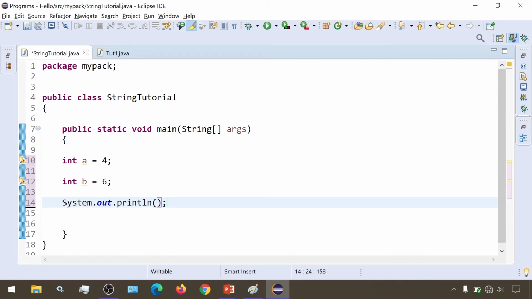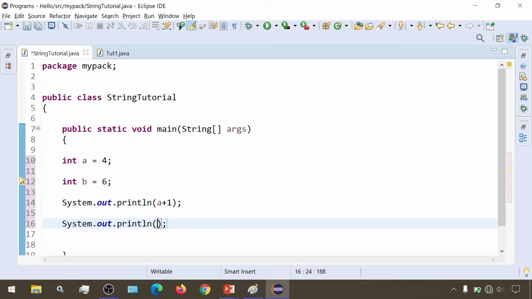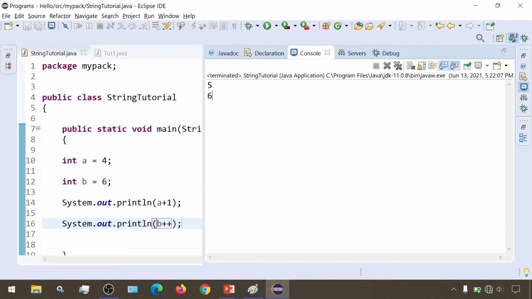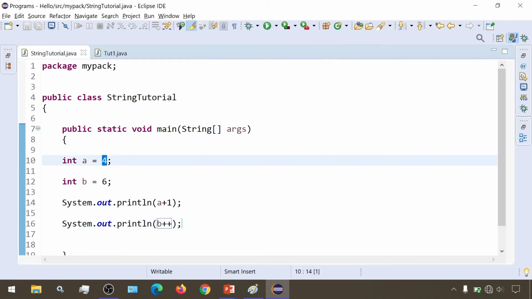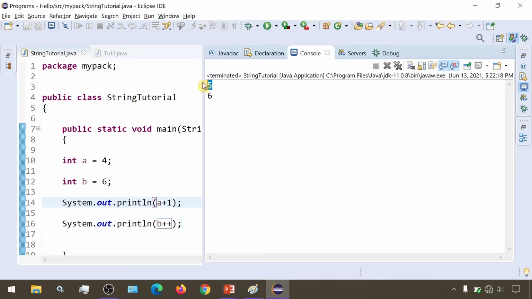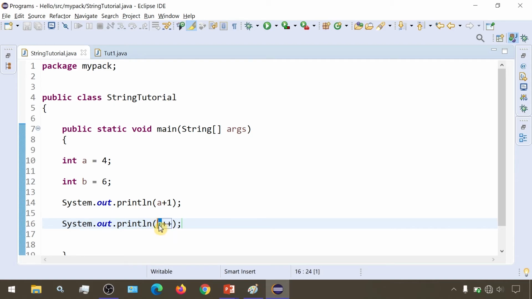And here I am just printing a plus 1. And here I am printing b plus plus. Now if I run this, we are getting 5 and 6. In the value 4, 1 is added, that will be 5, and we are getting 5 as our output. And this b plus plus is post increment. I have explained this difference between pre increment and post increment. So here first this value 6 will be returned, and then